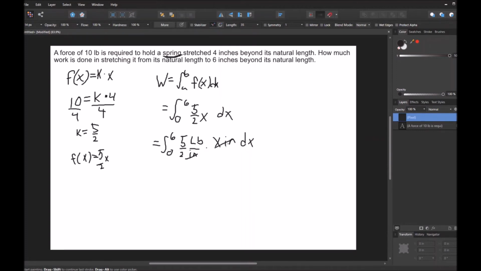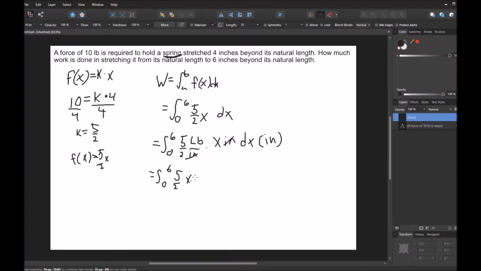So then we can cancel this part out, and then when we get there, this dx is also in inches because it's a change of distance, so it's in inches as well. So then what we have is the integral from 0 to 6 of 5 halves